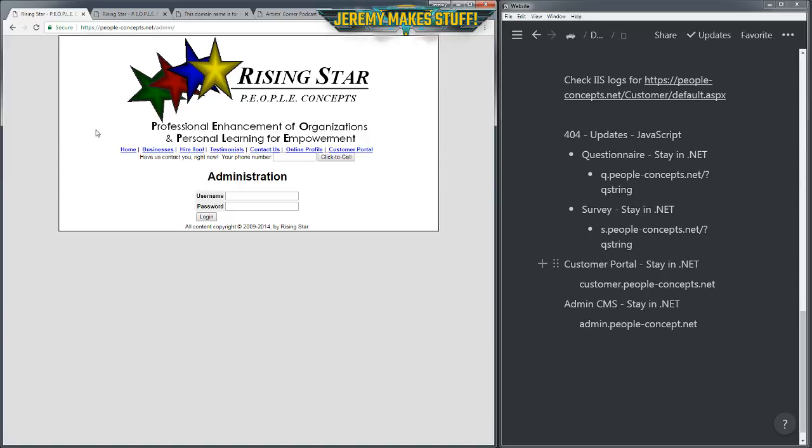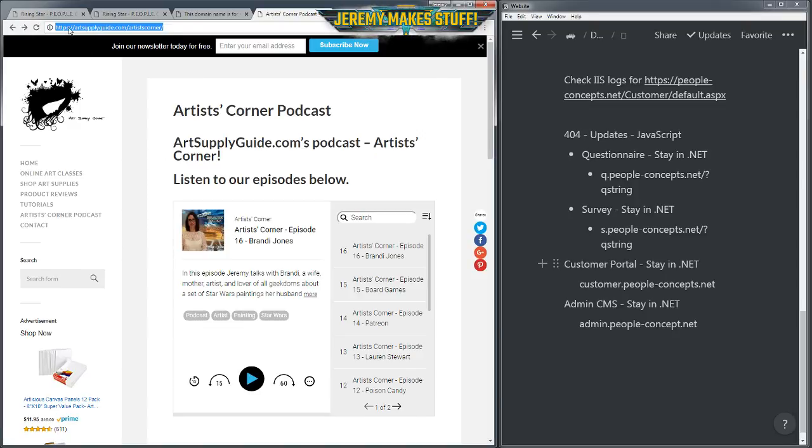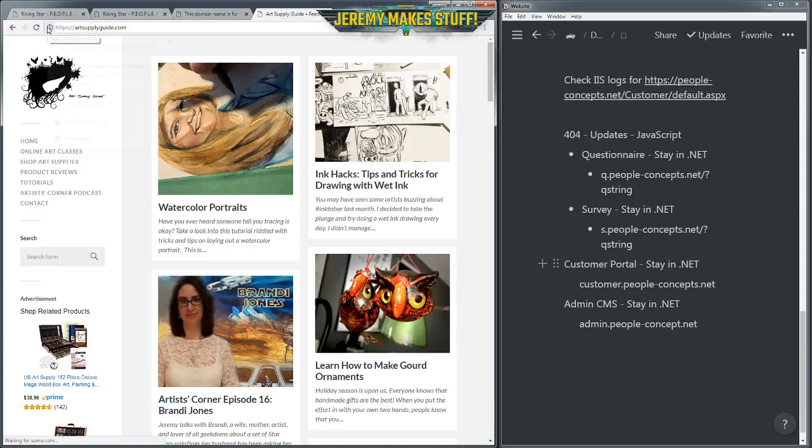The WordPress site, the host I use for WordPress, vps.net, I've got some virtual servers there, as well as some WordPress site hosting like Art Supply Guide. You can see Art Supply Guide also has a certificate at HTTPS.